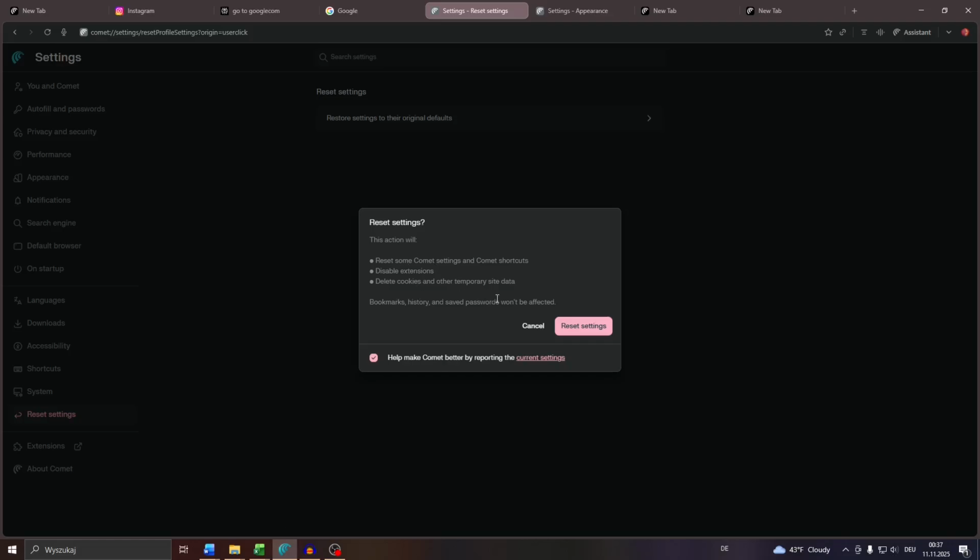and it will also display this information here, guys, telling you that if you reset your settings, this action here will cause the following. It will reset all settings as well as shortcuts, disable all installed extensions, delete cookies and other temporary site data. But as I said just a moment ago, guys, like Google Chrome, it won't affect your bookmarks, your browsing history and saved passwords. So if you really want to do this, simply confirm by clicking into reset settings or cancel,